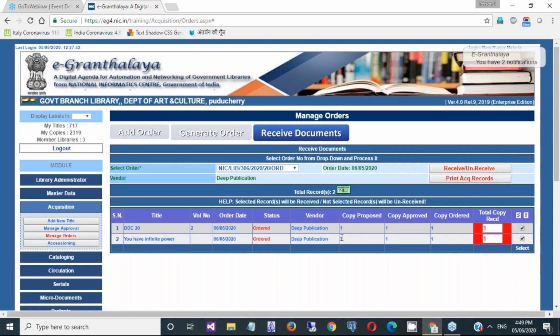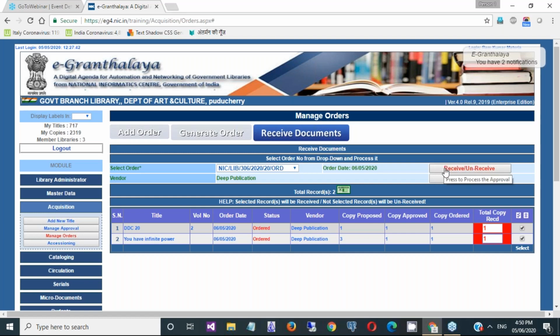In case of the second book, three copies were proposed, but the committee approved only one. So the order was placed for one copy, and I am going to receive one copy. At the time of receiving, you can type the number of copies of the book you are receiving.